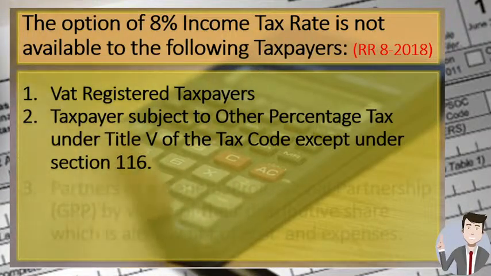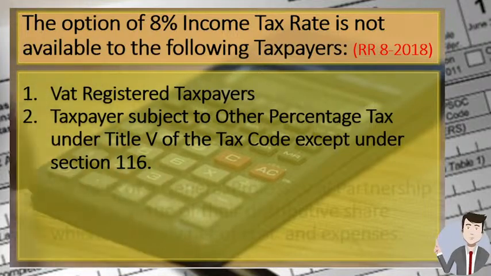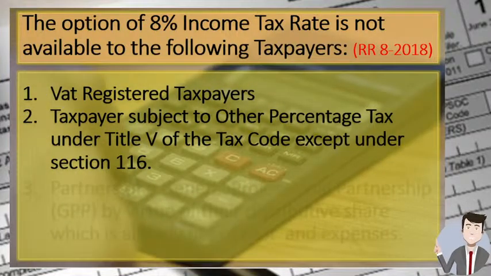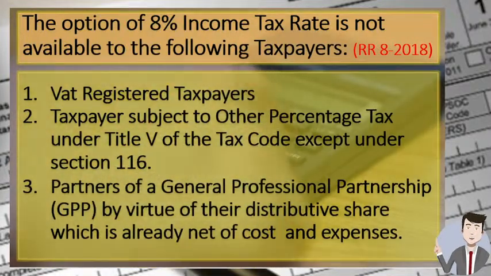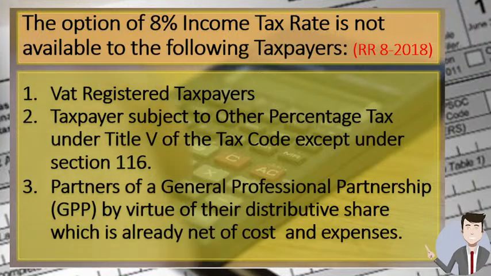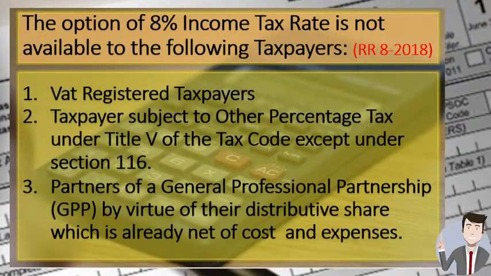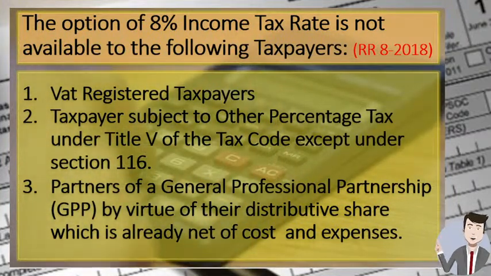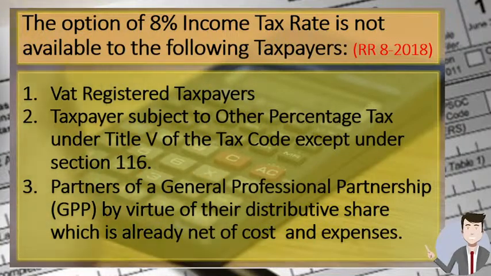You can check who are taxpayers under this provision of our tax code. I will no longer discuss this one in detail since it will be covered by your tax next semester. Okay. Third, partners of a general professional partnership, GPP, by virtue of their distributed share, which is already net of costs and expenses. So guys, remember, depending on how the GPP distributes its share, or what the agreement is among the partners under the GPP, if their distribution is based on gross receipts, I think